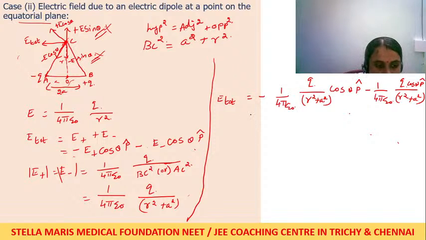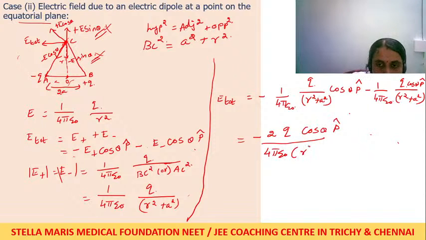So just take out the constant values outside. Both are the same terms, no? So just add these two terms. So we can get minus 2q cos theta P cap divided by 4 pi epsilon naught R squared plus A squared. Okay, so from this triangle